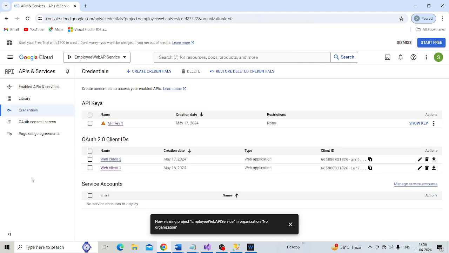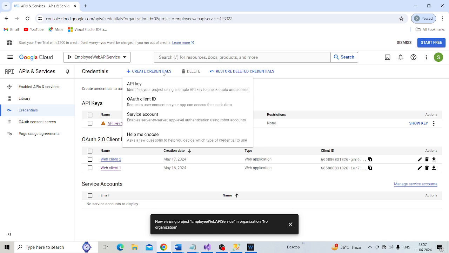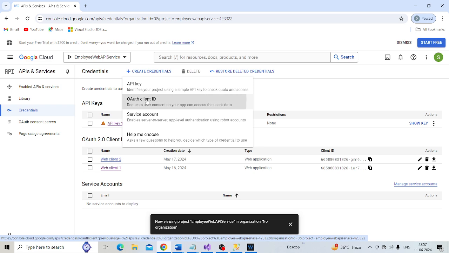And the next step is to click the credentials, and then under this create credentials, click on OAuth client ID.